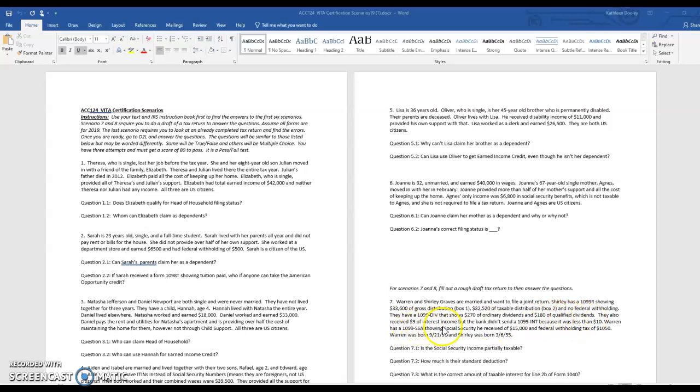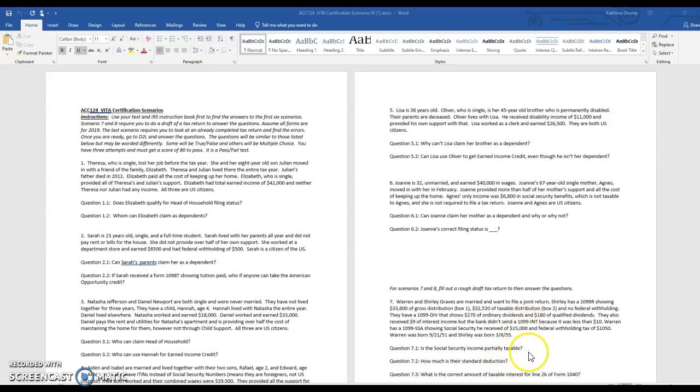They also received $9 of interest income, but the bank didn't send a 1099-INT because it was less than $10. Warren has a 1099-SSA showing how much Social Security he received at $15,000, and he had federal withholding of $1,050 out of that. And they tell us when Warren and Shirley were born. And so